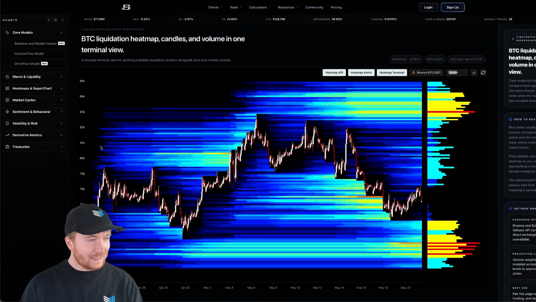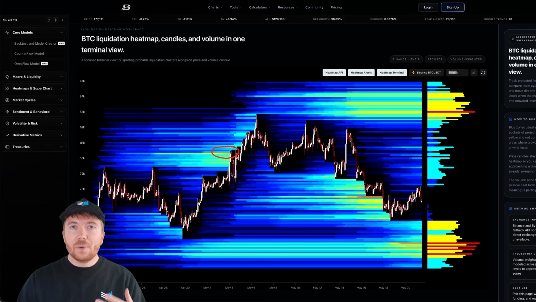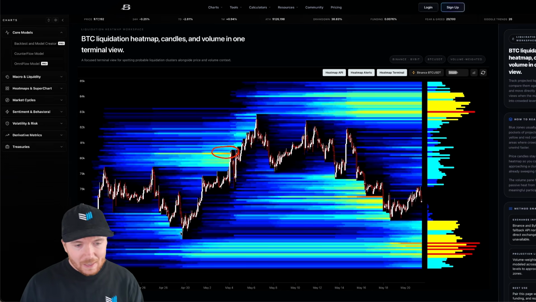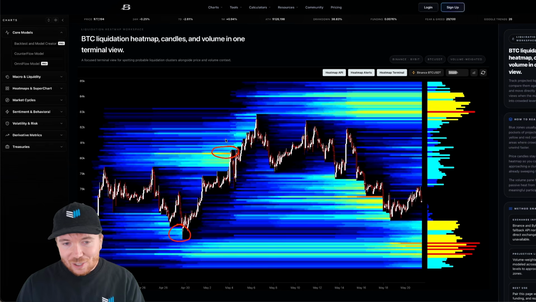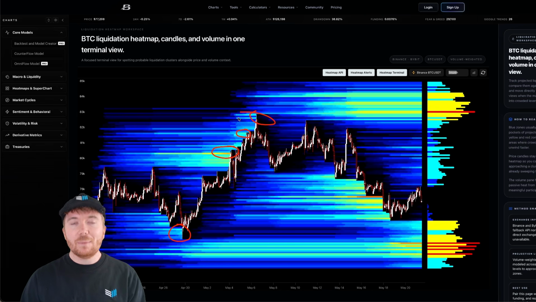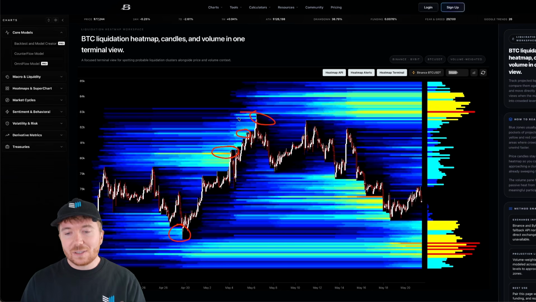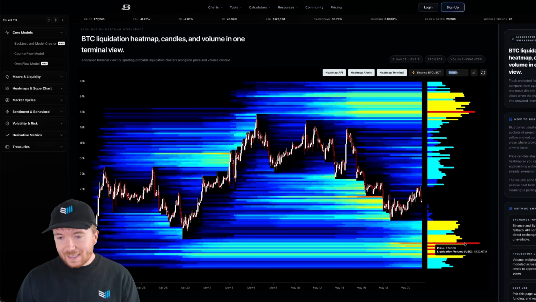So if I just add on here, what we can see is when we get these slightly warmer colors on this chart, it's where a lot of positions are going to be liquidated. Now, when it moves to the upside, it means shorts being liquidated. And when it moves to the downside, it means longs are being liquidated. What you can usually see is you get these big wicks, which really capitulate a lot of positions. They forcefully liquidate people. This is where a lot of liquidity is, so the market does typically seek out these big areas of liquidation. Now, what we can see is where the current big cluster of liquidation levels to the downside is.